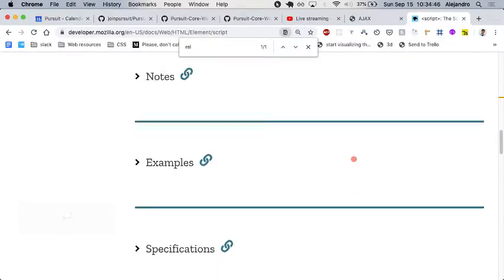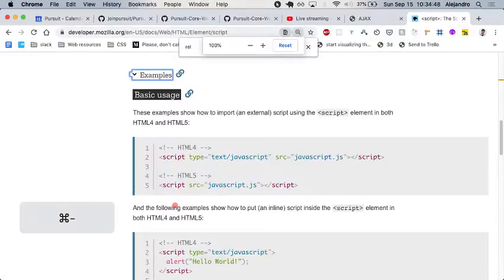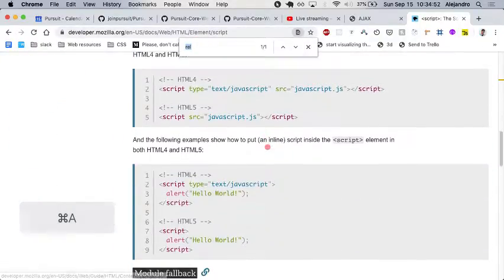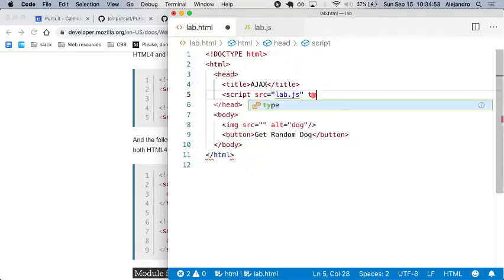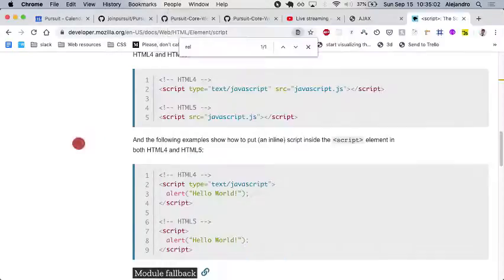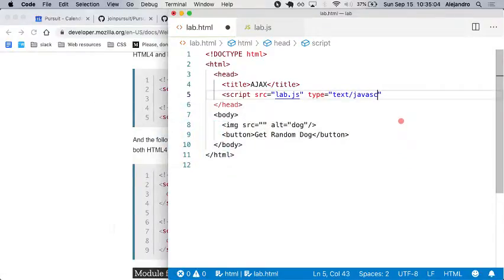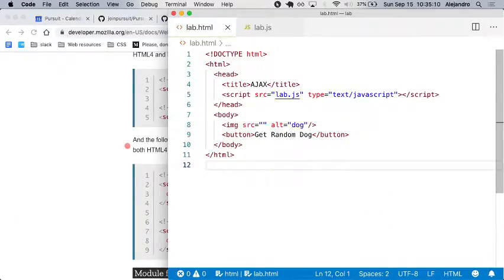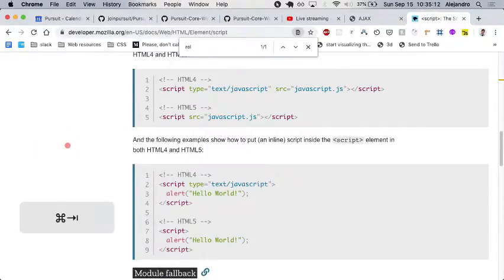Yeah, I don't think we have a... It's just type, that's the one. Just good to include. Type, text, JavaScript. That's it. So hopefully now that we have our JavaScript linked,